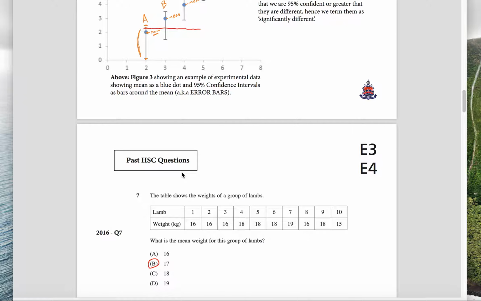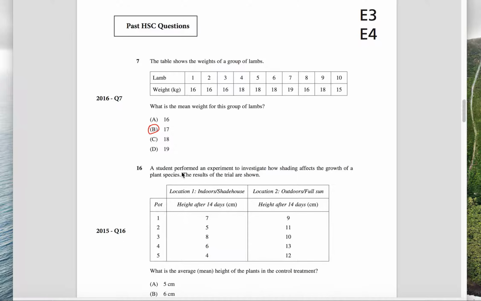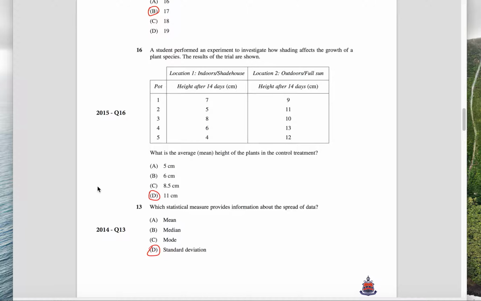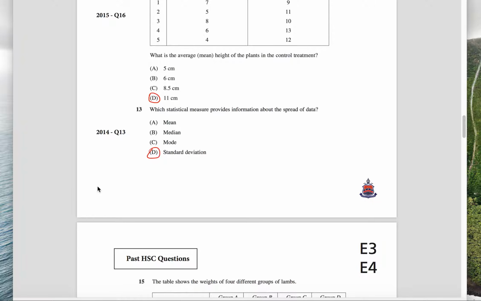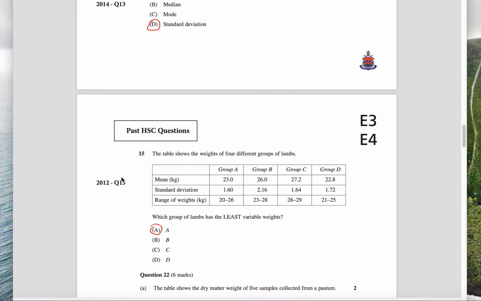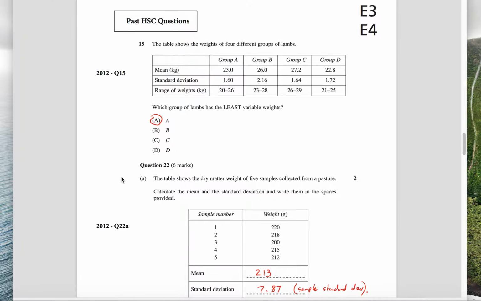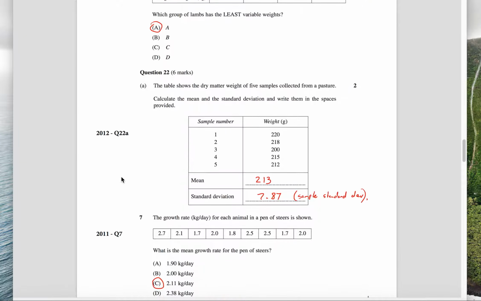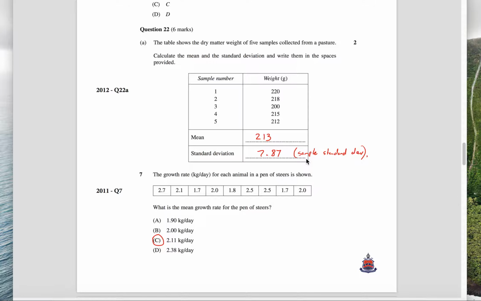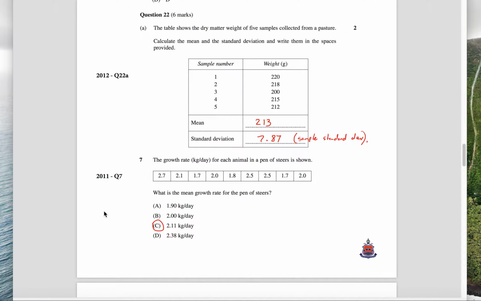In terms of the answers, these are the answers to the questions. Some of them are just calculating means. I'll skip ahead just to show you the answers. This one, the answer is standard deviation. This one here is A, 2012. In 2012, there's a mean of 213 and a standard deviation of 7.87. Remember, you need to use the sample standard deviation, not the population standard deviation,